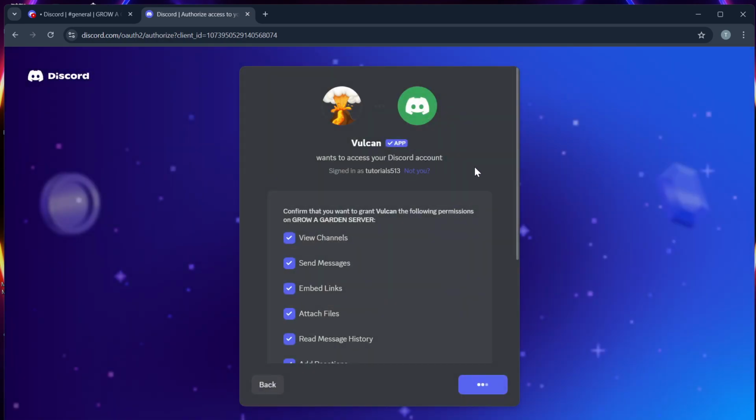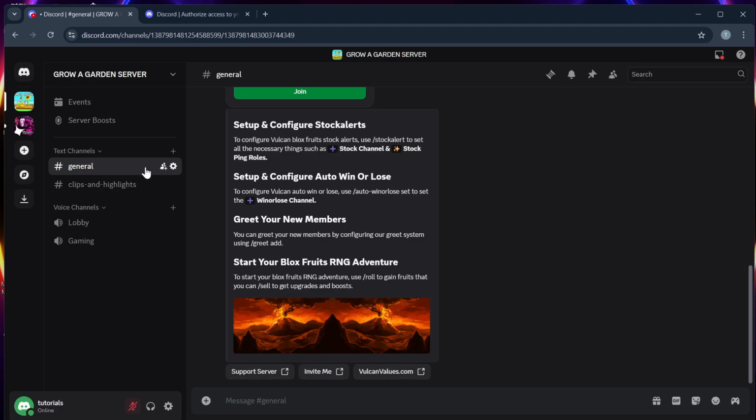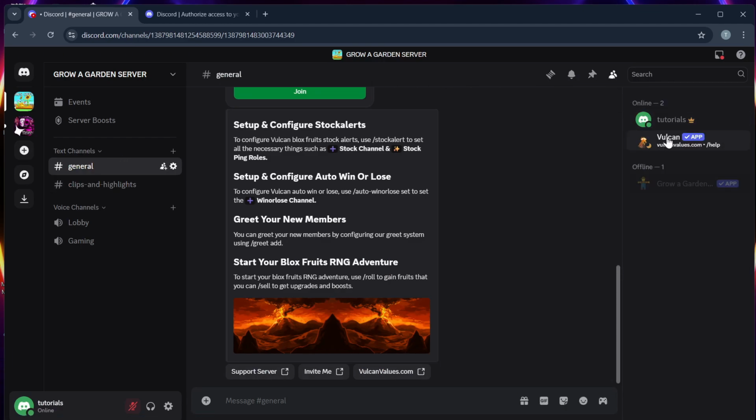And step 2, you can open your Discord and make sure that the VulcanBot has joined into your server. And there it is. And give it a role if it's needed. Step 3. In a text channel, you can type /settings or !help depending on the command prefix set, and you will see available modules and configurations.